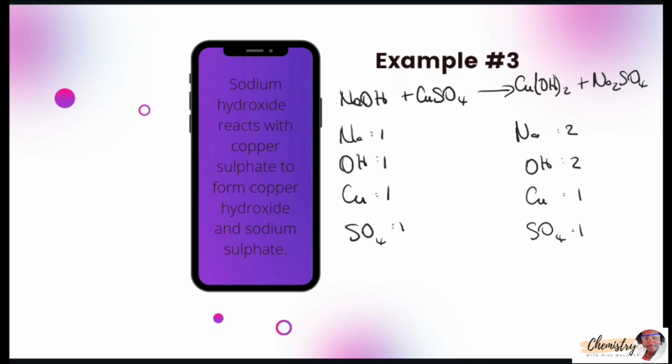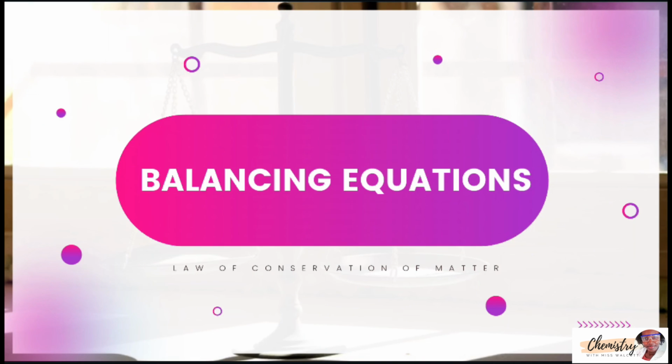We need to place a number in front of sodium hydroxide that would ensure that the number of atoms of sodium and the hydroxide ions are the same on both sides. So we're putting a 2 in front. And that 2 goes for both the sodium and the hydroxide. So we now have 2 sodium and 2 hydroxide ions on both sides of the arrow. Since the number of atoms of all the elements on both sides of our arrow are equal, this equation is now balanced. In summary, the law of conservation of matter states that matter can't be created nor destroyed,